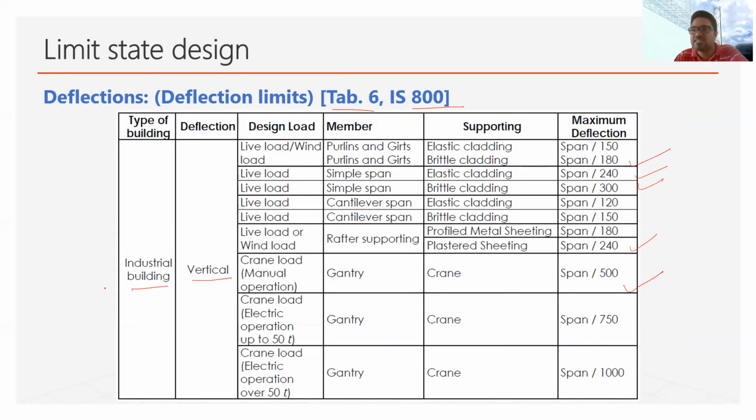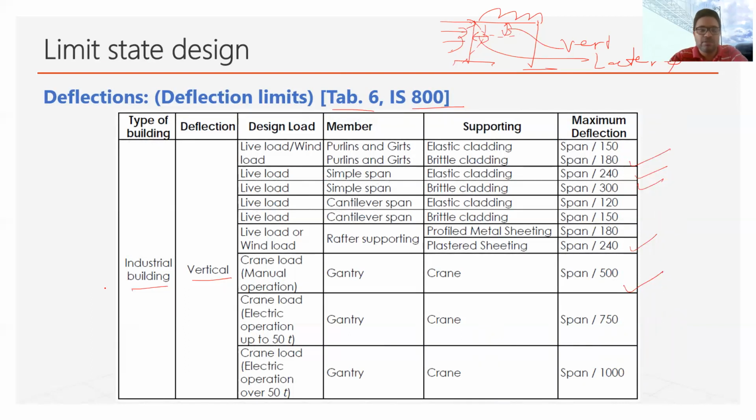So deflection can be vertical or maybe lateral. Say, for example, if I again show the portal frame. If there is load, because of this load, deflection can be like this. So this deflection will be known as vertical. While if there is wind load, this member can deflect like this. So this deflection will be known as the lateral deflection or horizontal deflection.